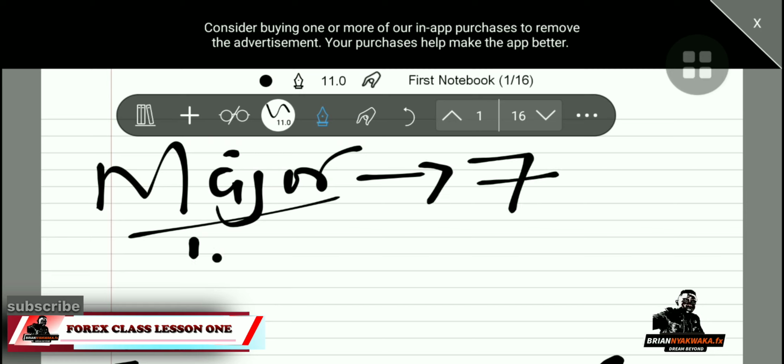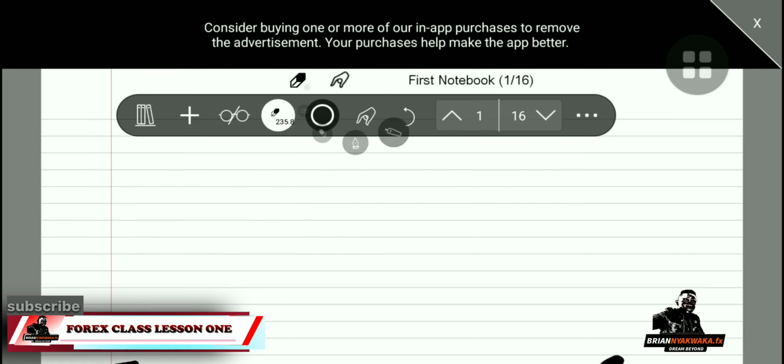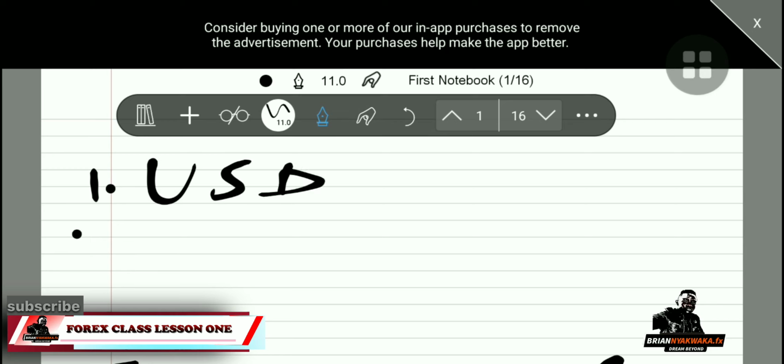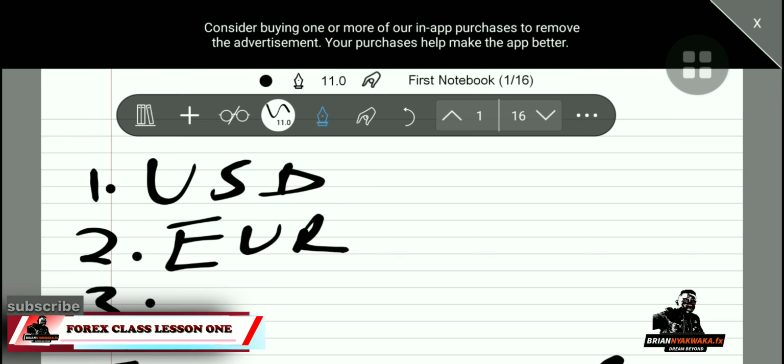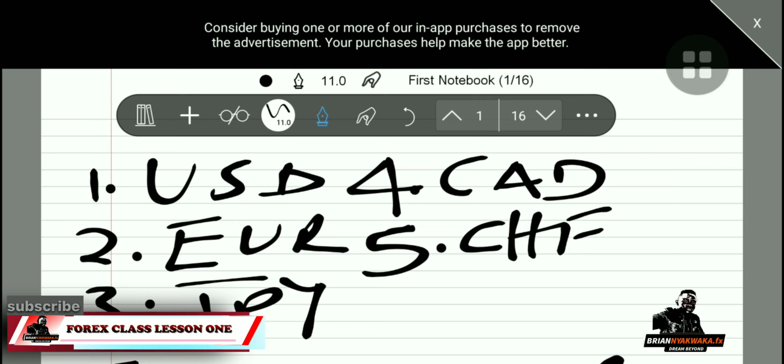So we have one, United States dollars. 2, we have euros. 3, we have JPY, stands for Japanese yen. 4, we have Canadian dollar. 5, we have Swiss franc. 6, we have